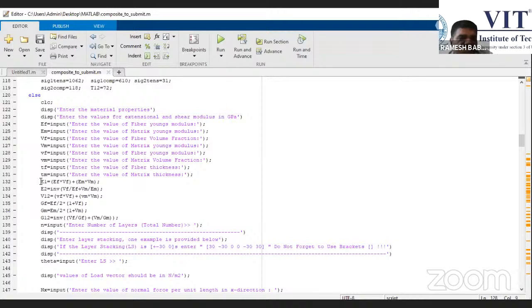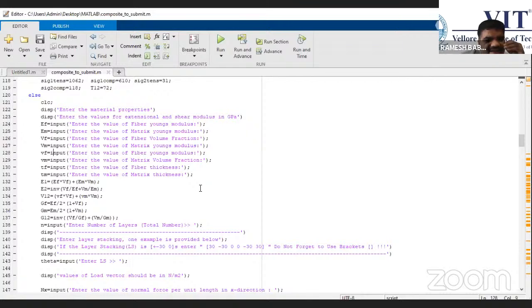Then nu12 is the Poisson's ratio of the composite layer, and G_f is the shear modulus of the fiber, and G_m is the shear modulus of the matrix. Then G12 will give us the shear modulus of the composite structure, whether it is a plate or normally a laminate. So N is the input: enter the number of layers. Now we have got one lamina's properties. Then we can get the total number of layers,